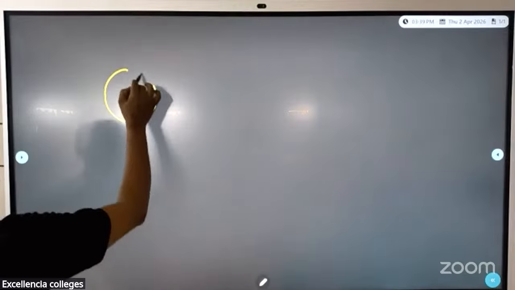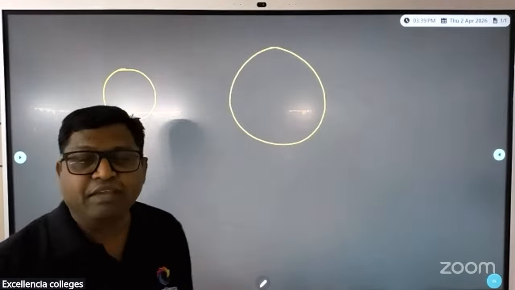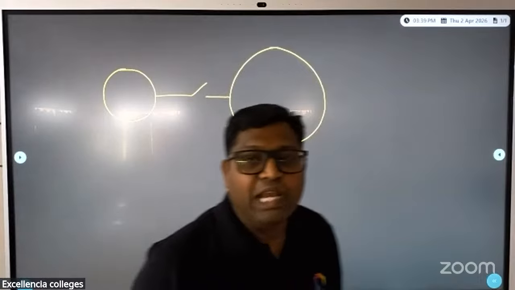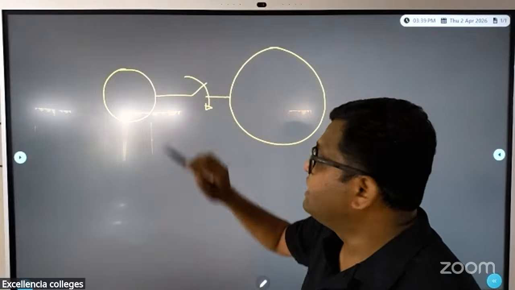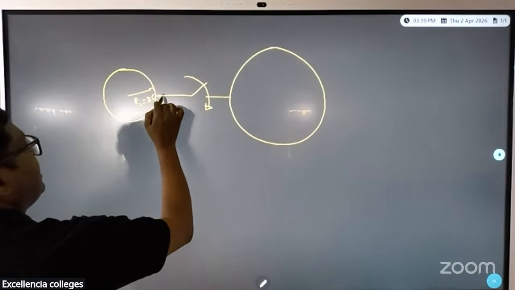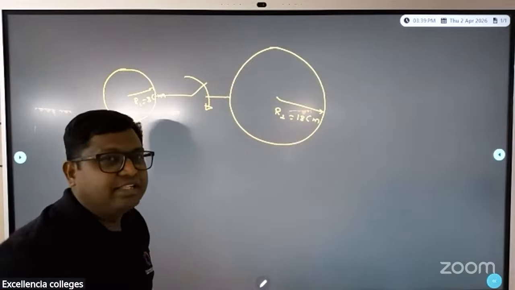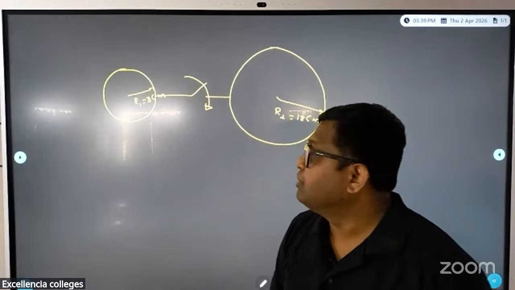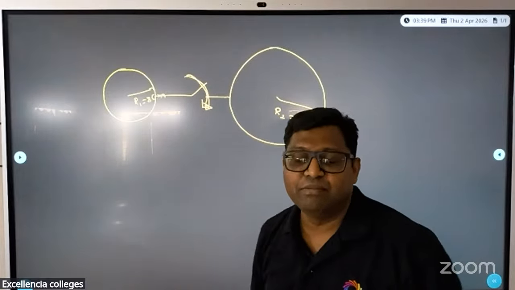Let's see, there are two metal conductors given, and both are connected with the help of a wire. When we close the switch, there is a distribution of the charge. This sphere has radius r1, which is about 8 centimeter, and this has radius r2, which is about 18 centimeter. It is based on the properties of a metal conductor, so we are going to take this into account. When the switch is closed and the system comes to equilibrium,